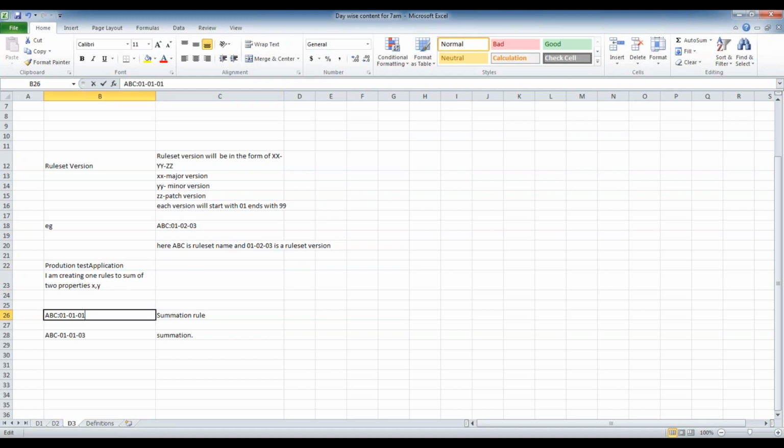Because we already locked it when releasing the product, we lock each and everything with the proper passwords and release it into the market. So I cannot open this rule set. Once I locked it, I should not open it, and I should not use the same password to open it. What I would do is create one more rule set version like this.